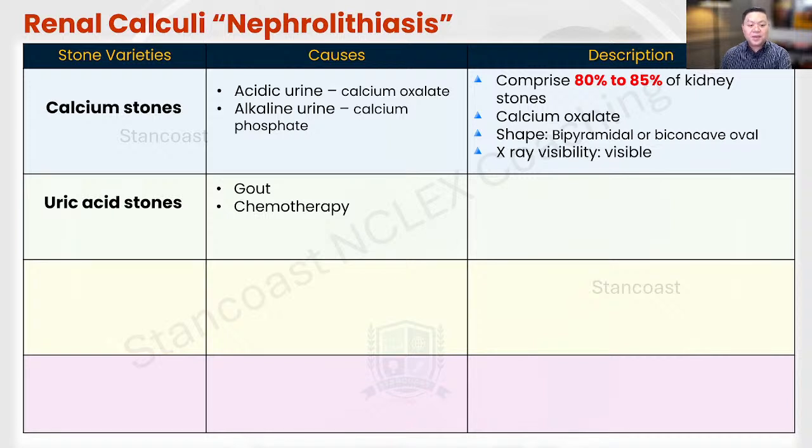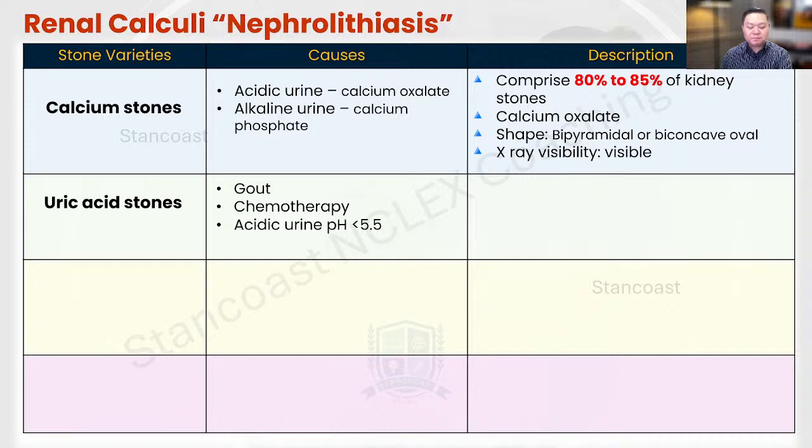Now, this is something that is going to occur if there is persistent acidic urine, especially if the pH is less than 5.5. Please take note of that. Uric acid type of stones can form much faster if there is an acidic urine. Please take note of that. Now, as far as its